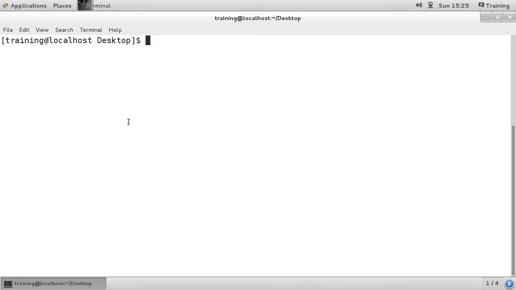Okay, so in this video I'm going to show you how to get into rescue mode on a CentOS 7 system, and also how to reset a root password if you don't know it on a CentOS 7 system that's using systemd. It also has SELinux running as well. So with SELinux it makes things a little bit more complicated, but I will